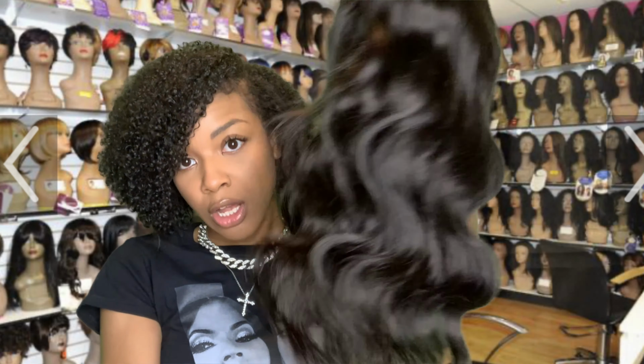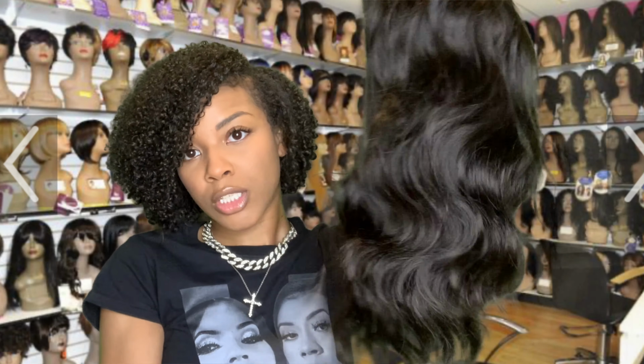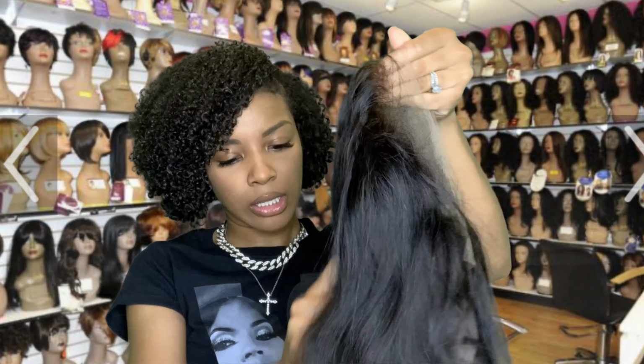16 inches. All of the long hair from this collection was sold out. Actually, a lot of the hair on the site was sold out. They were having a sale at the time that I ordered this hair. So I used the sale plus an extra code to get this hair, so it was not very expensive at all. It was actually a steal to say that it was HD lace